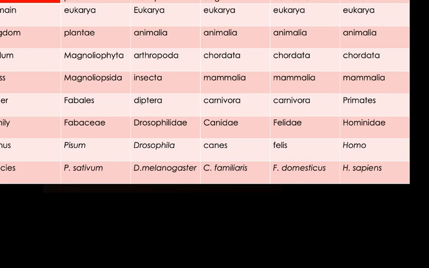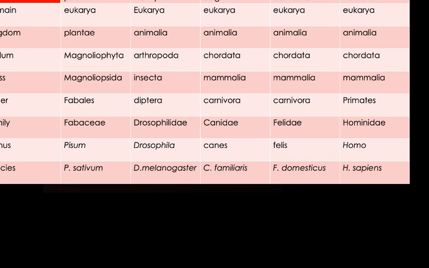We have classification levels, which are the domain, your kingdom, the phylum, the class, the order, family, genus, as well as the species. So if we speak of classification levels, the hierarchy of classification, you should know all these levels, and you should be able to filter each organism under all these classification levels. So the first organism that we have is the pear,